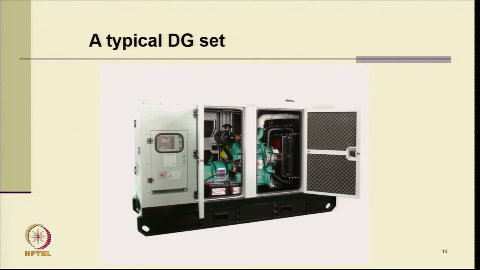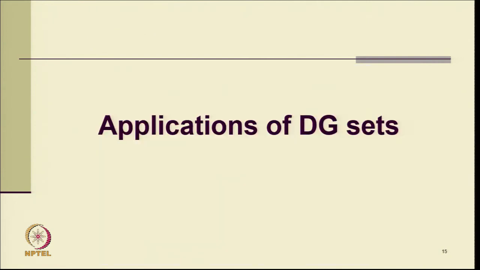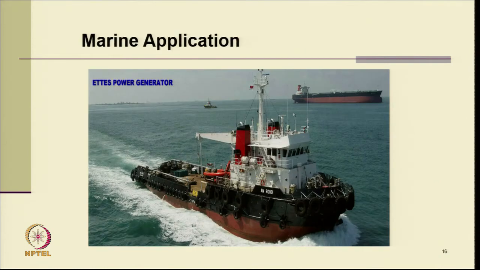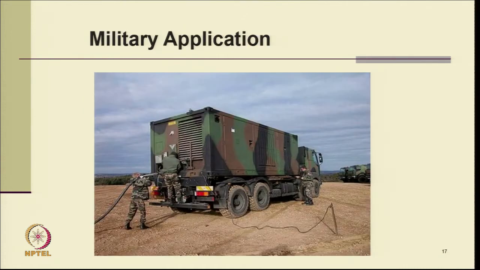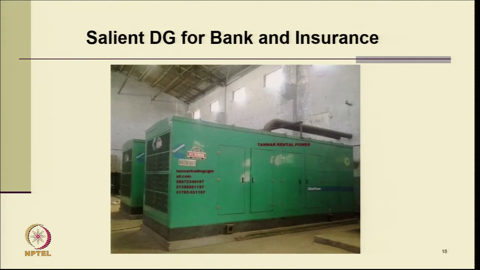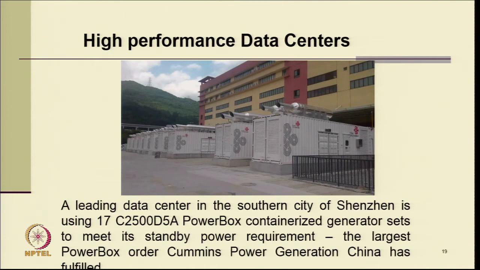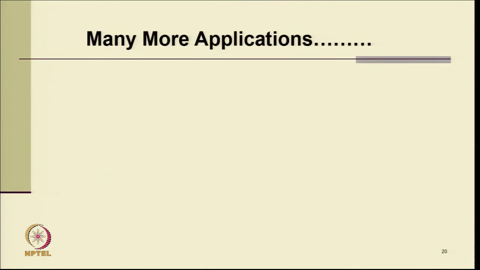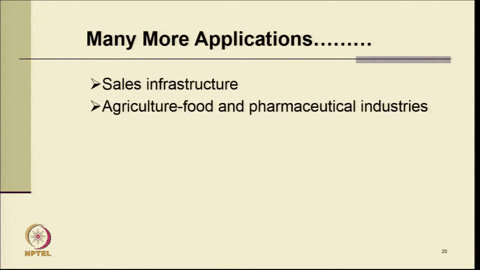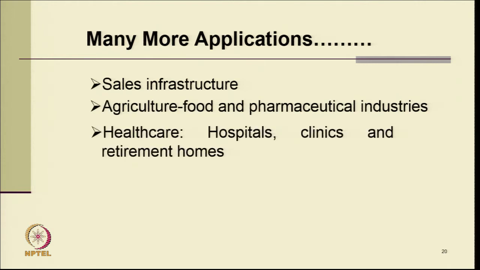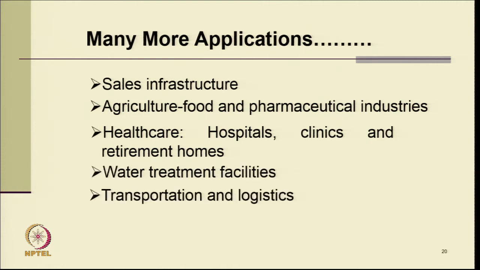Well, these are typical examples of diesel generating sets, and applications of DG sets. You can see typically the power generator in ships, in marine applications, and then military applications. Then you have a silent DG set for bank and insurance, then high performance data centers, then there are many more applications like infrastructure, agricultural, food and pharmaceutical industries, healthcare, hospitals, clinics and retirement homes, water treatment facilities, transportation and logistics. These are some more applications